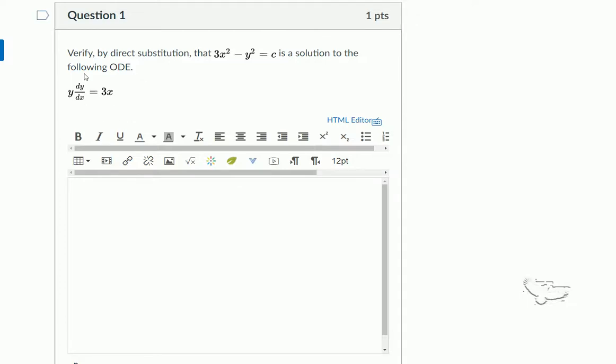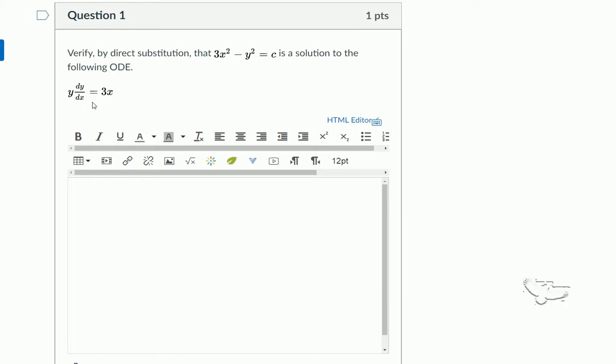Okay, I had a question about how to answer a question like this on a quiz. If it says verify by direct substitution that 3x squared minus y squared equals c is a solution to this ODE, y dy/dx equals 3x. Okay, so to verify by direct substitution, you want to take the answer that you have and substitute it in